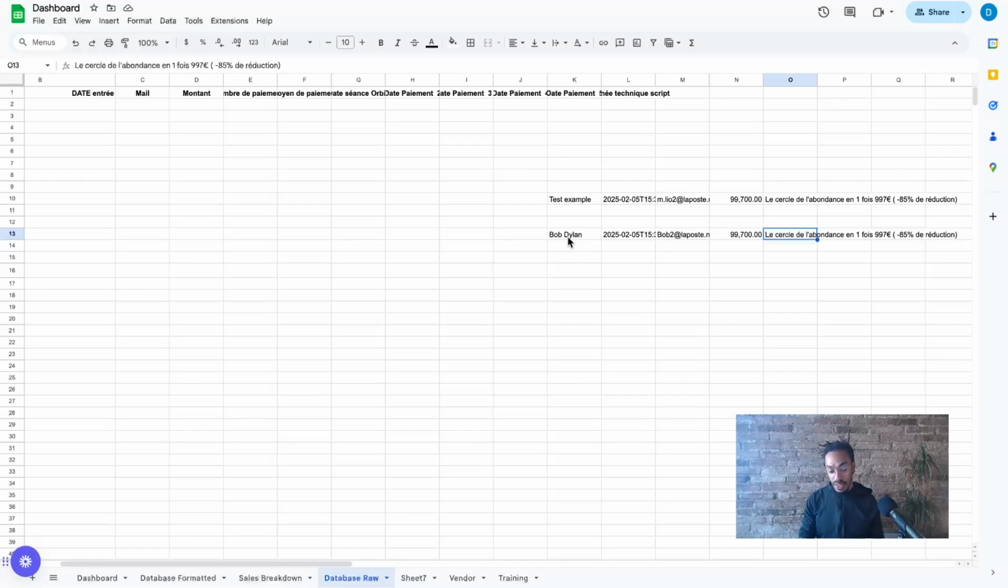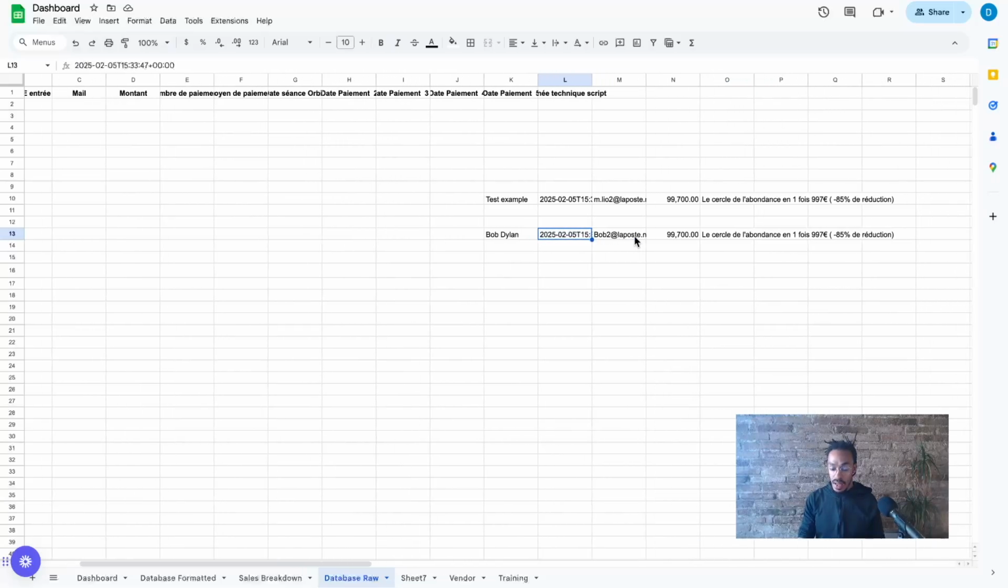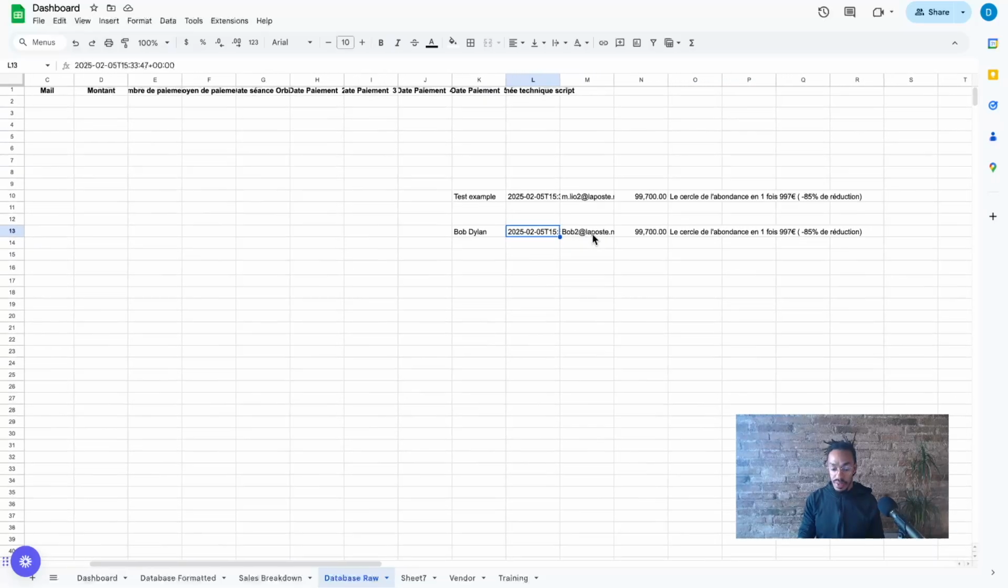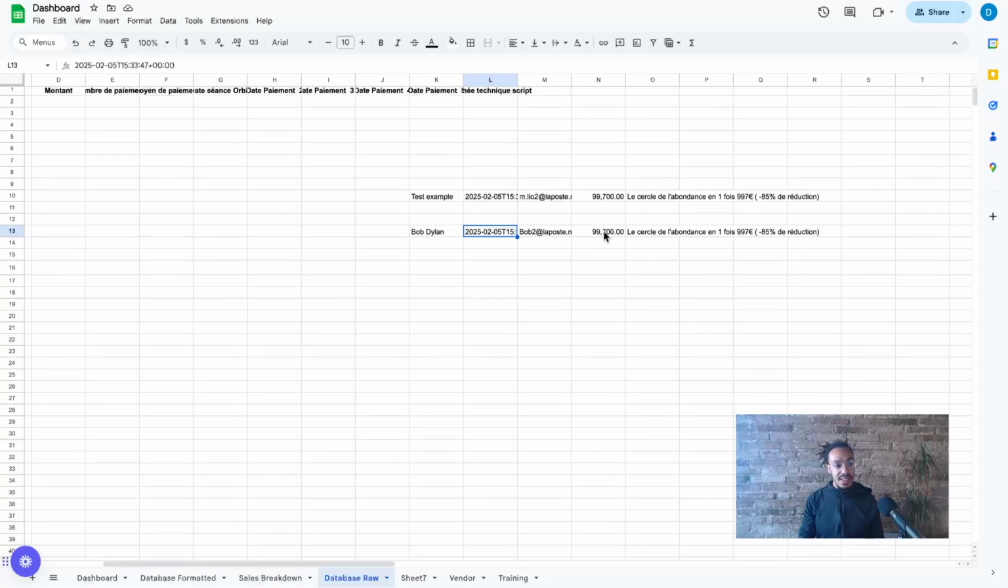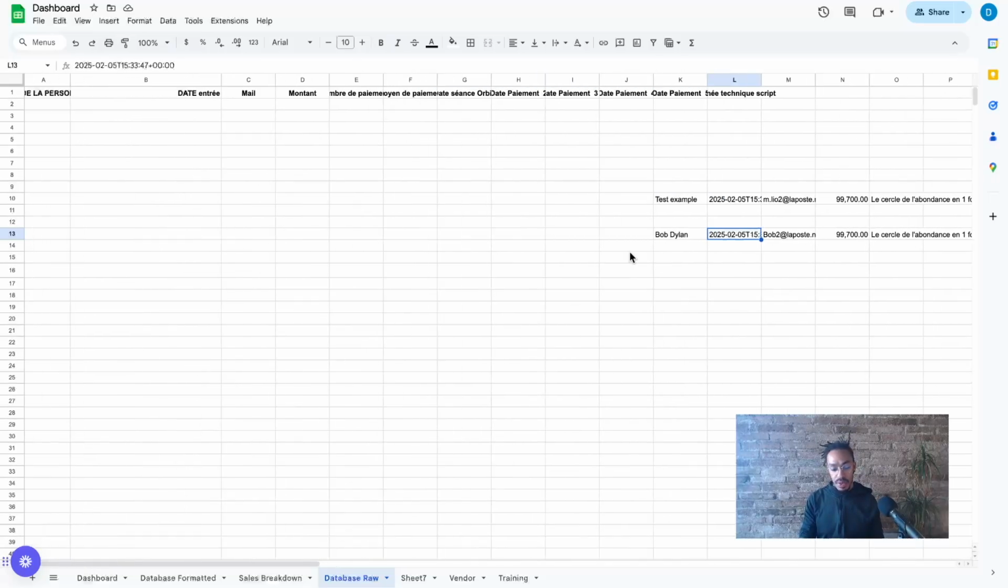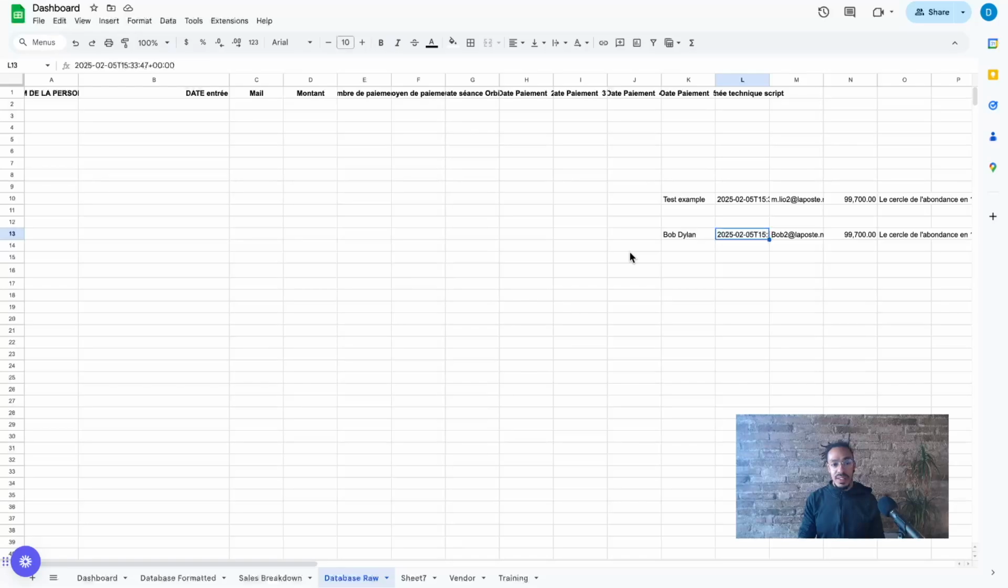For example, I don't have the first name and the last name separately. I have them in the same cell, but it's too hard to work with them together. The time is not really easy to use that way. I do have an email, which is great, but the price is in cents. How am I going to deal with that? Then we have the name of the product that's been bought and the payment facility, but we can't work with that. This is impossible. So the first thing we are going to do is